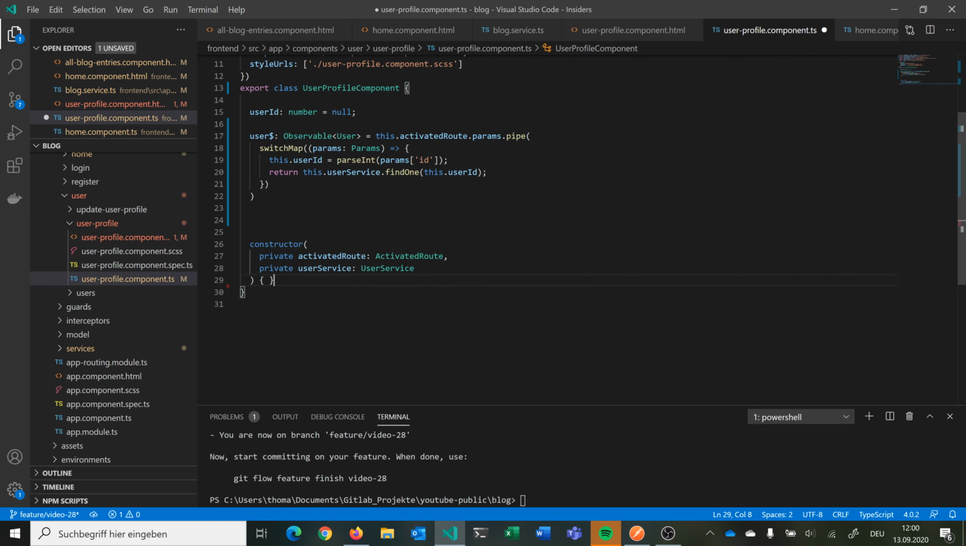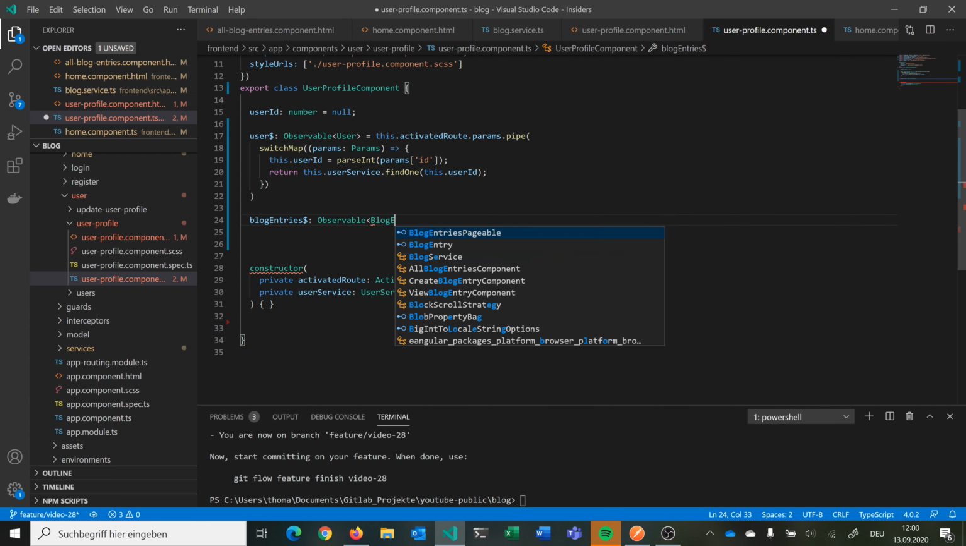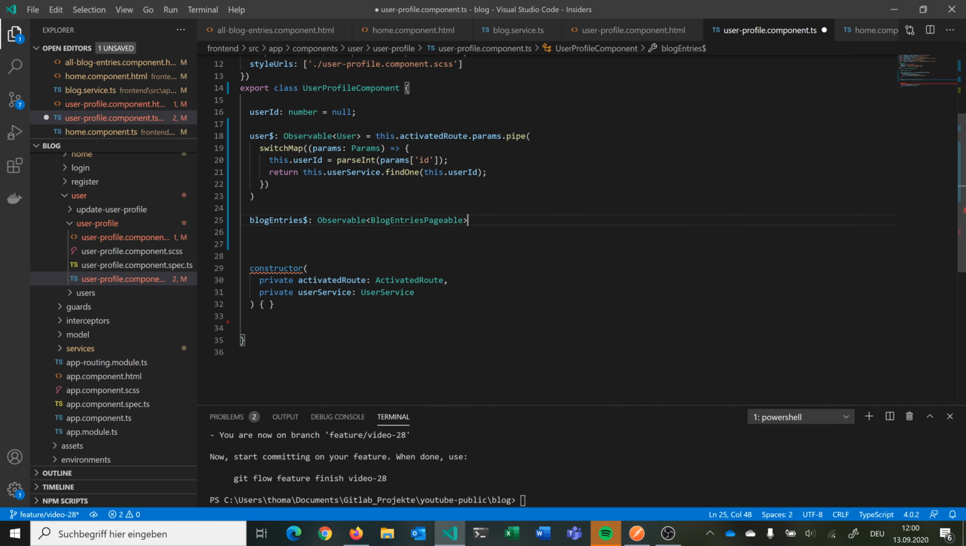And then we can make our blogEntries. And these are also of type Observable BlogEntriesPageable, and this is our blog service, so we have to add this to our constructor. And then we say blogService.indexByUser that we just made. Or let's say we want to refactor this a bit,